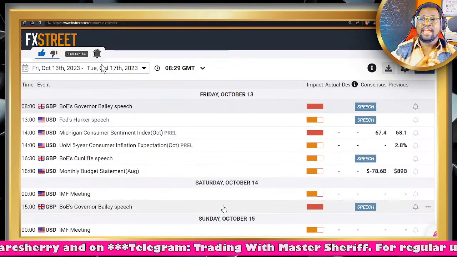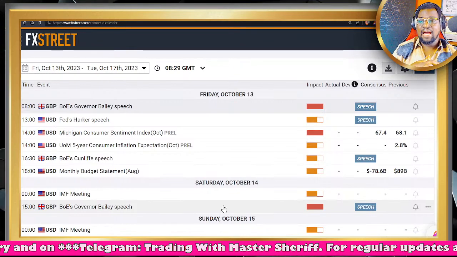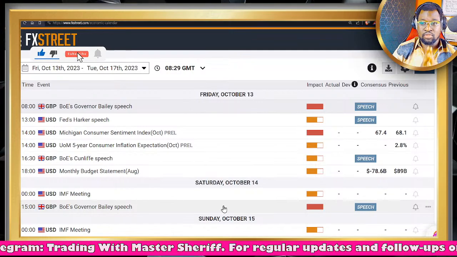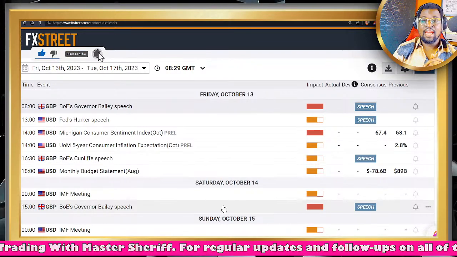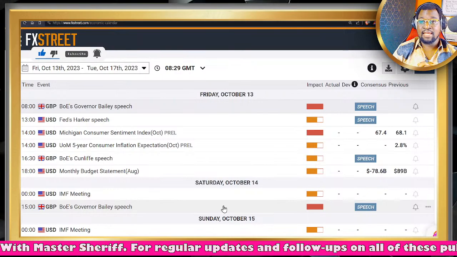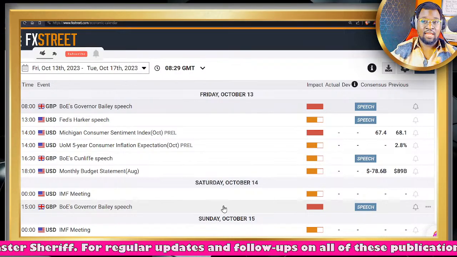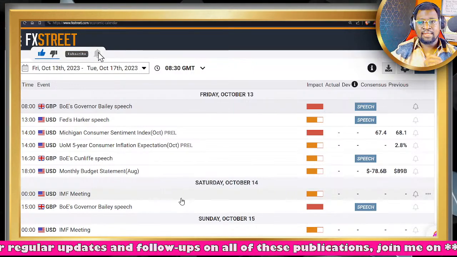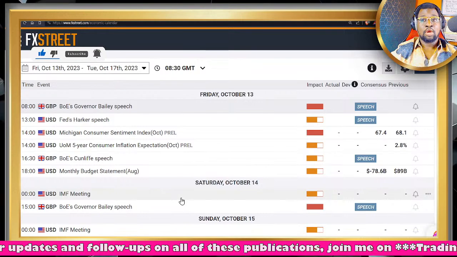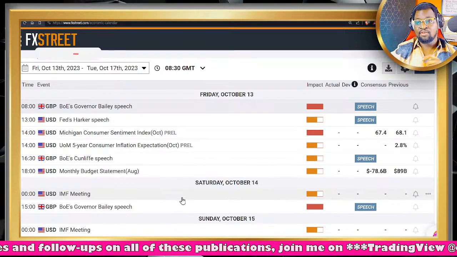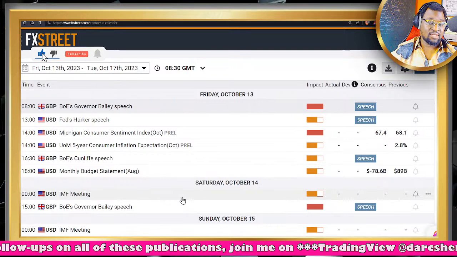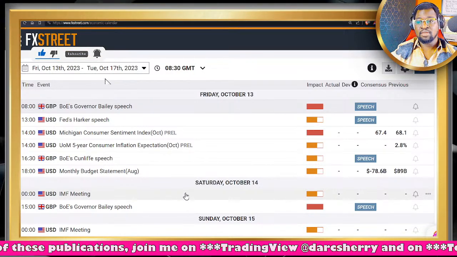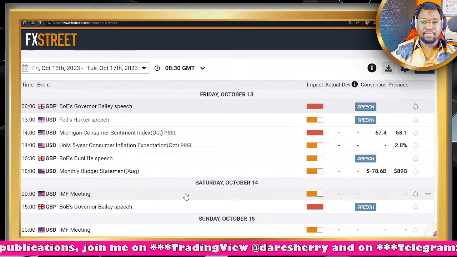So for Friday, October 13th, we have a series of impactful events we are going to be looking forward to today. And the first one here has already happened, and that is a speech from the Bank of England governor, which happened about 2 hours ago. And I'm yet to have a highlight on that to see what he's going to say. And of course, whatever he says here will be giving us an insight into the economic outlook and of course the monetary policy of the Bank of England.